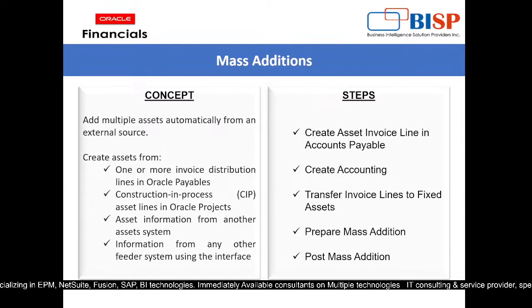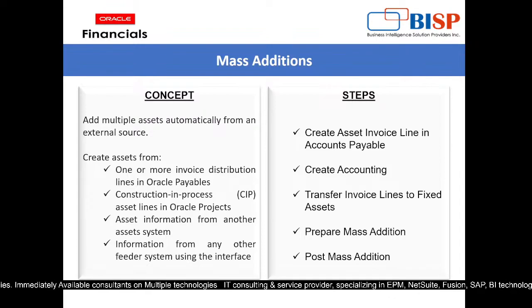You can create assets from one or more invoice distribution lines in Oracle Payables. You can have in the Oracle projects the construction in process asset lines, which you can then convert to the assets, which can then be capitalized, asset information from any other asset systems, or information from any other feeder system using the interface. So we will be using the Oracle Payables application, through which we will be bringing the mass